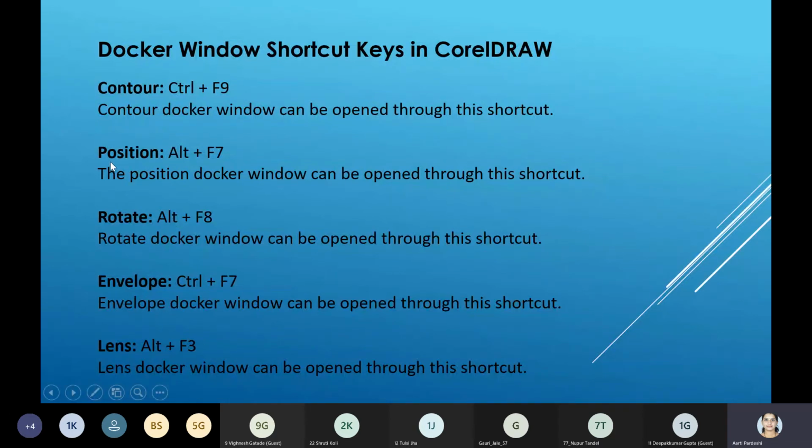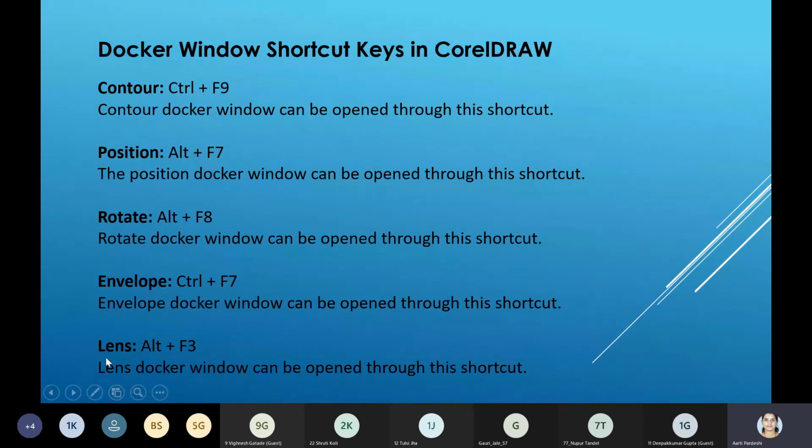Position: whenever you want to open the position part from the Docker window, you can press Alt F7. If you want to rotate any object, you can press Alt F8. If you want to assign the page size, instead of A4 or A3, and you want to make it like an envelope, you can press Control F7.